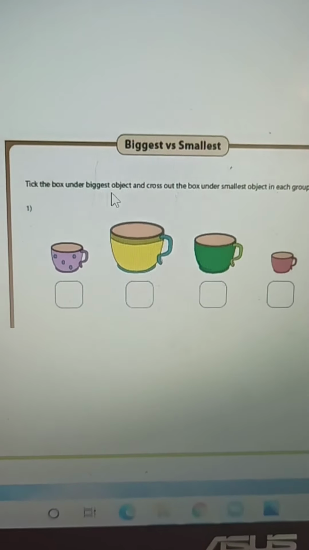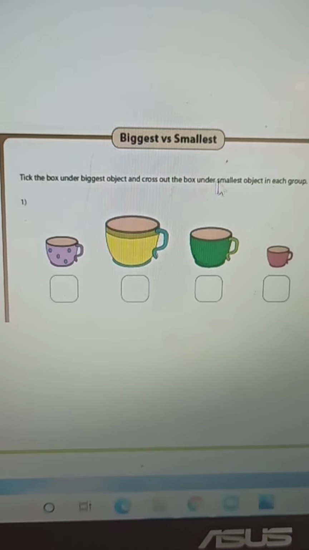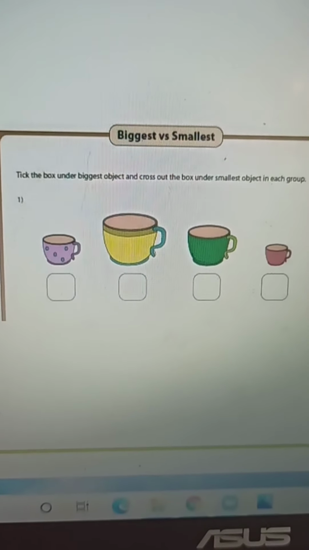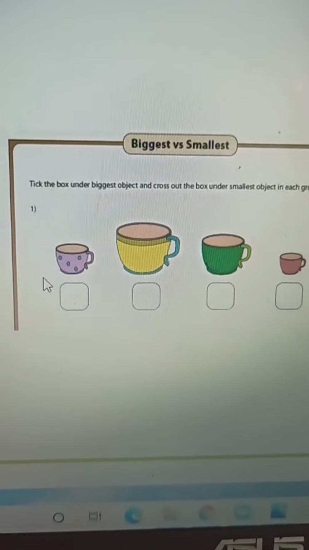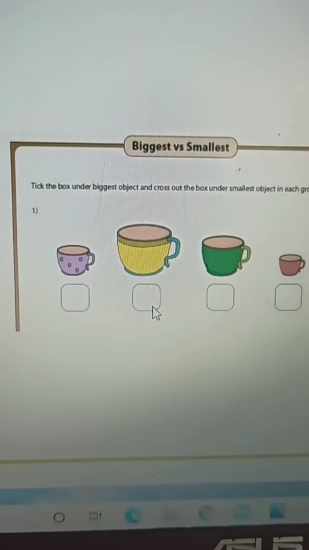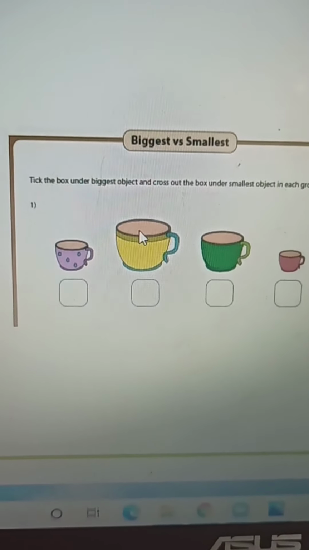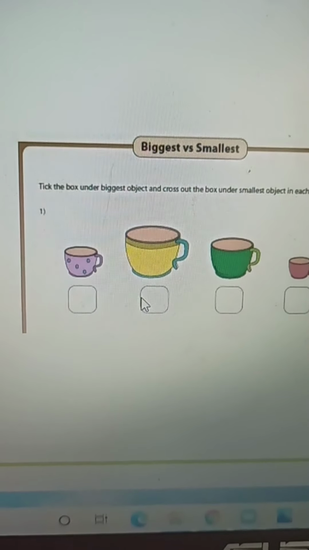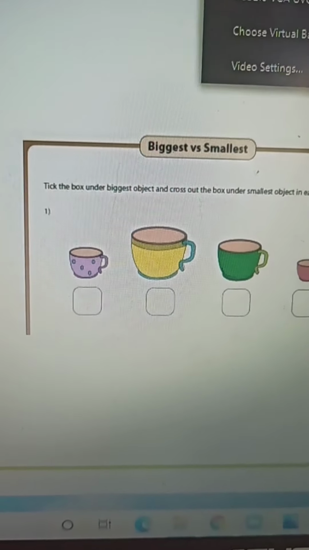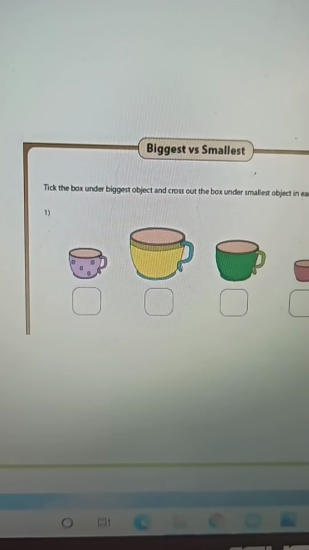Tick the box under the biggest object and cross out the box under the smallest object in each group. Here 4 cups are given. First we are going to tick the biggest one. So you can tick the biggest one here, the yellow color cup, right?